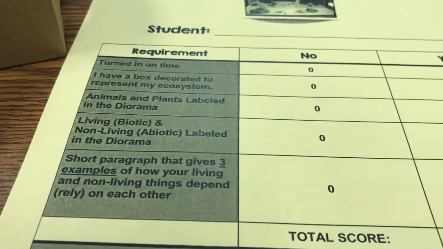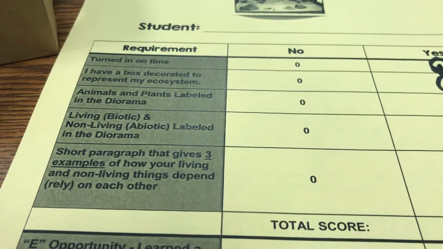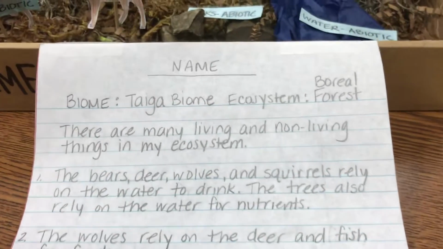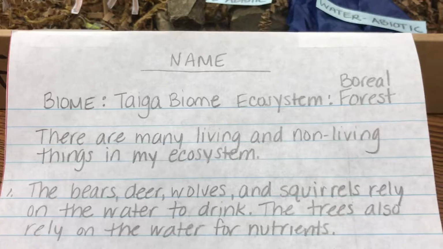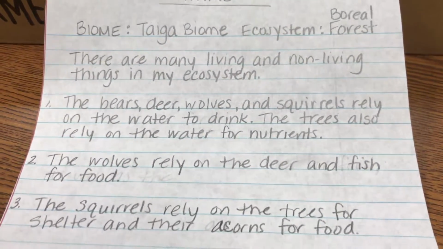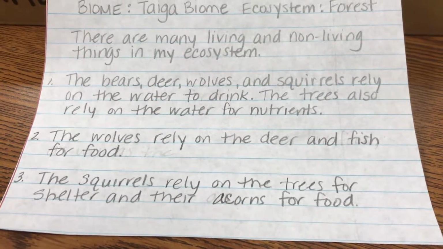And then a short paragraph that gives 3 examples of how your living and non-living things depend or rely on each other. So here's my paragraph, and my name is at the top and also on my diorama. I just listed my biome and ecosystem. There are many living and non-living things in my ecosystem, and here's my 3